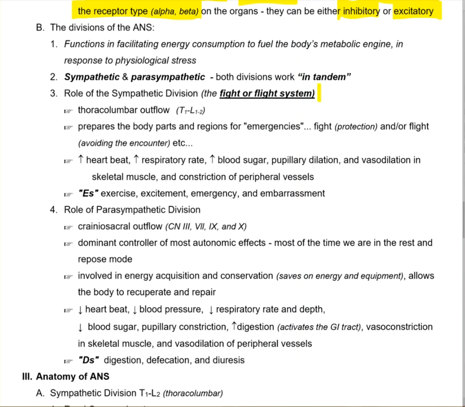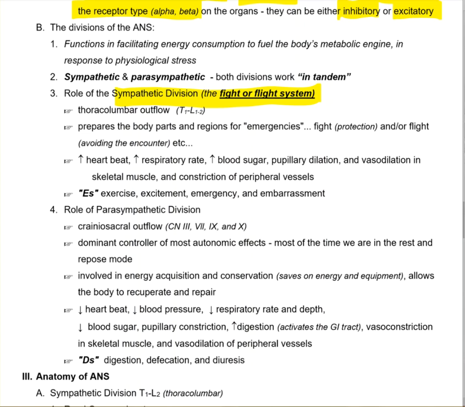Sometimes you'll see the sympathetic division called the fight or flight system. That's a little bit basic of a terminology, but it does get across the idea if you have a stressor that you need to react to. One thing is you can fight it or take it head on, right, and kind of become active. The other thing is you can become active in a different way, which is run away or avoid the stressor. But you would still activate your sympathetic system to do that. Okay, so